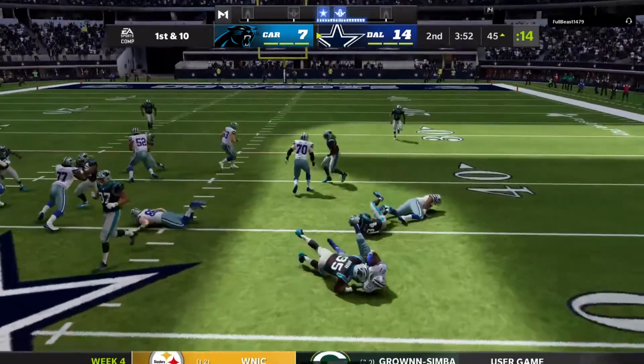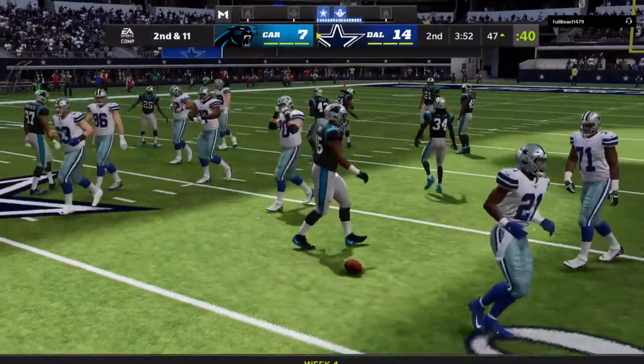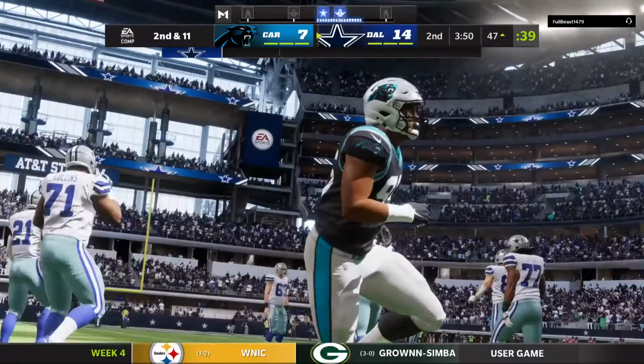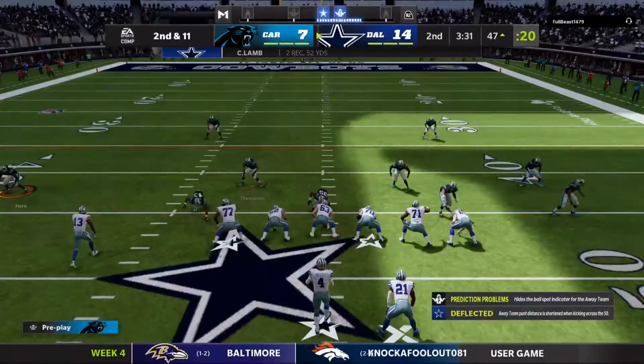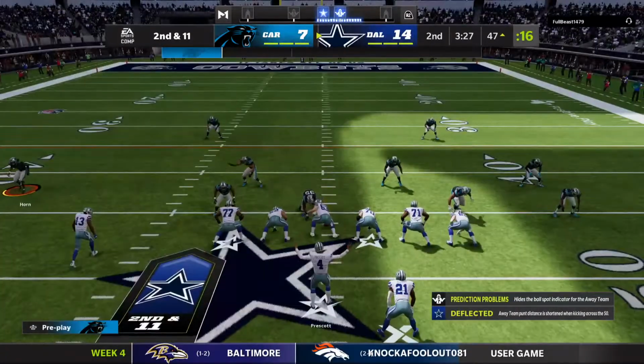They'll run on 1st down. Elliott, and he'll lose yardage here. Back at the 47. He'll lose a yard there, and it's 2nd and 11. And that's what I'd like to see out of this defense, a little fire, a little toughness. It hasn't been the best first half for them, but they did do a nice job there, forcing a loss